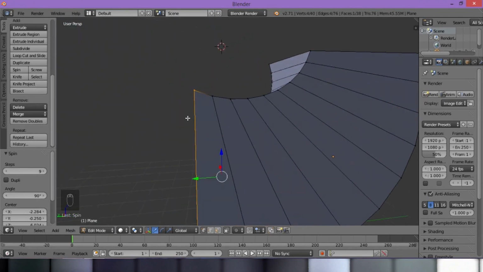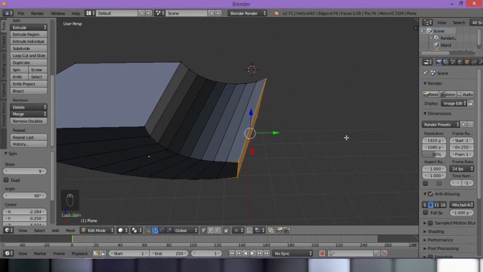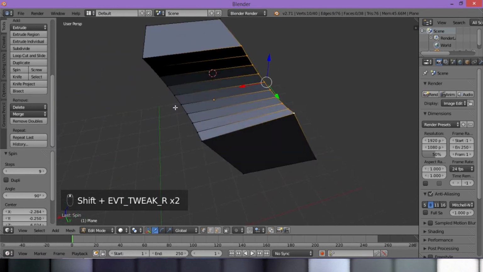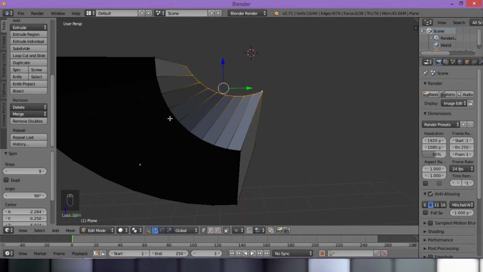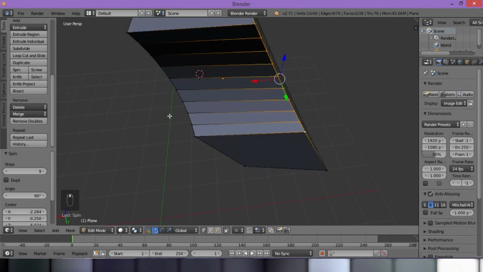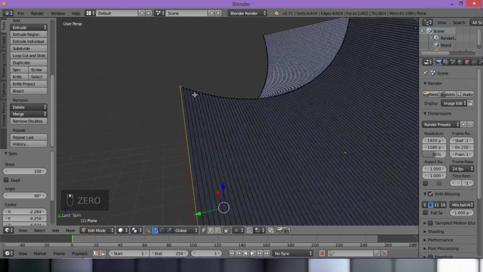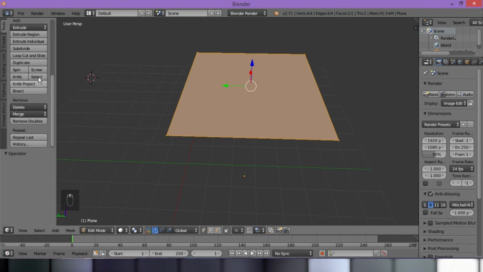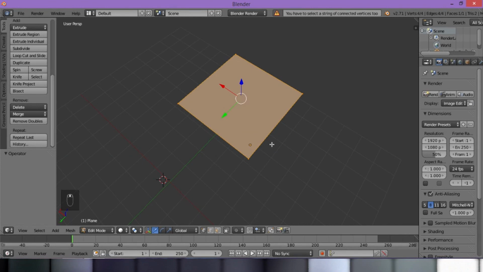It's really hard to explain what's just done, but basically what's done is that it's duplicated itself over and over again, and it connected all of its duplicate selves with extra edges right here. And now it also duplicated itself revolving around this 3D cursor. And I can change them into steps like 100, which is now subdivided it more. But it's also made it a nicer curve. You can also press screw, but you need a string of connected vertices too. This is a good way